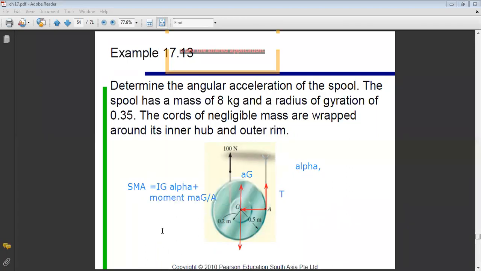In this case, what are the forces doing moment about A? If I choose the clockwise direction as positive, I have plus 100 times this distance. What is the distance here? It's equal to the inner radius. The inner radius is 0.2. So 100 times 0.2,